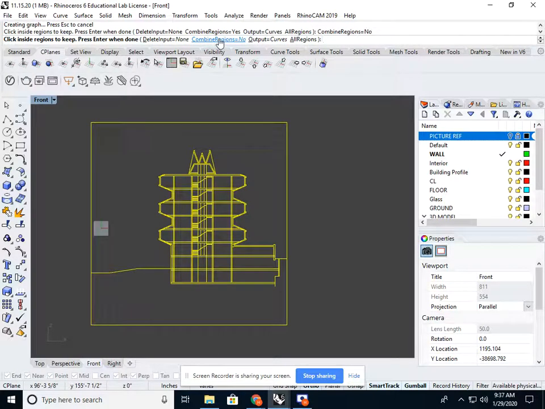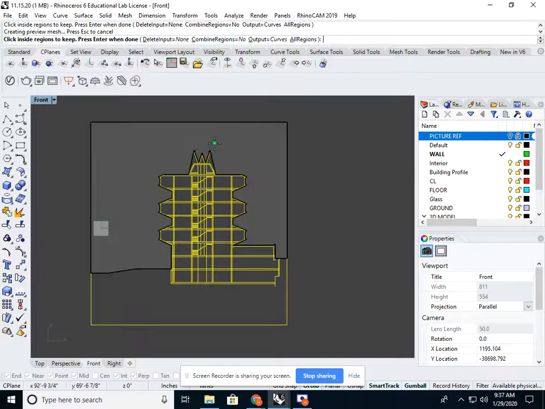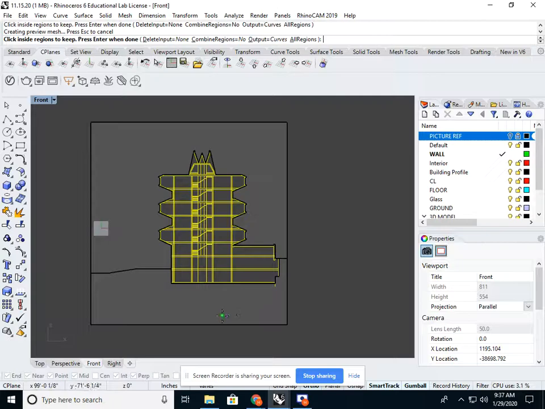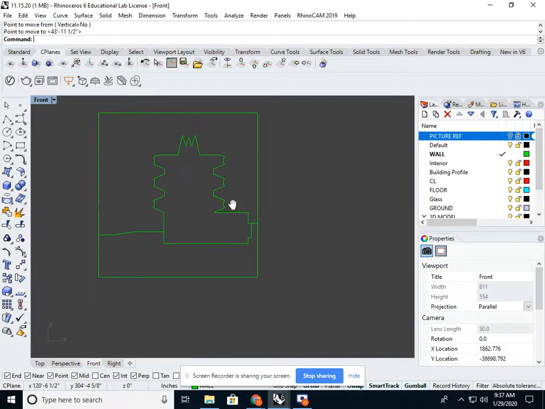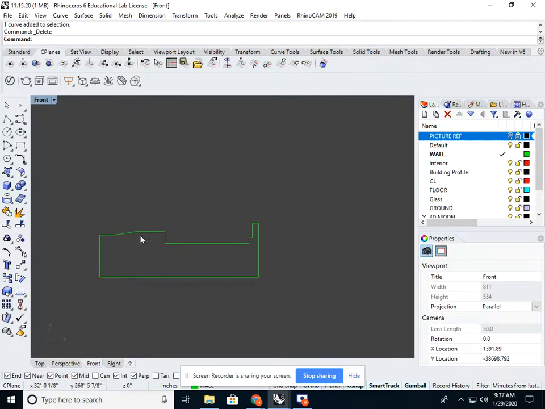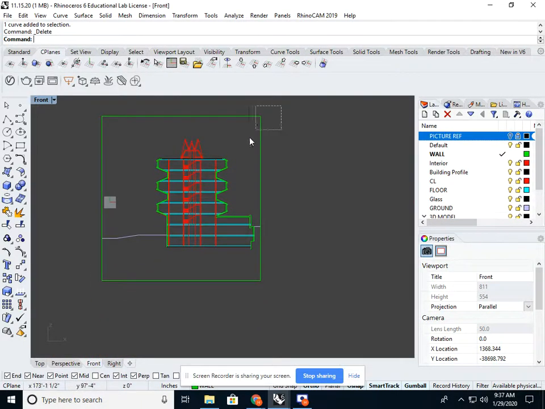If I do combine no, I'm going to click up here and get a profile. I'm going to click down here and get a profile. And it's going to be two different profiles, which could be great, let's say, if I want to hatch the ground. I just got the ground. Awesome. But if I want to get the profile of the building like I did last week,